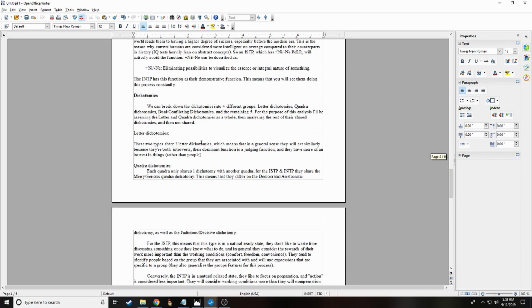These 2 types share 3 letter dichotomies, which means that in a general sense they will act similarly because they are both introverts, their dominant function is a judging function, and they have more of an interest in things rather than people. So this is a fairly basic analysis, but if you were to, say, you're trying to set up your canvas to paint on,